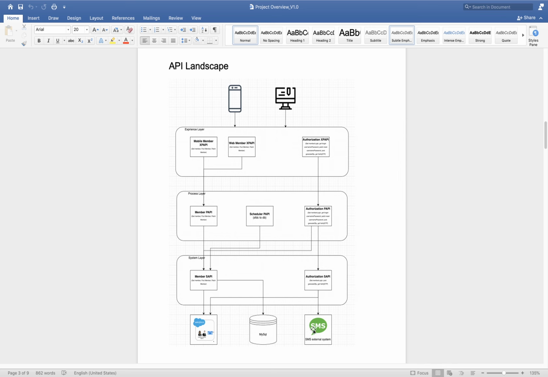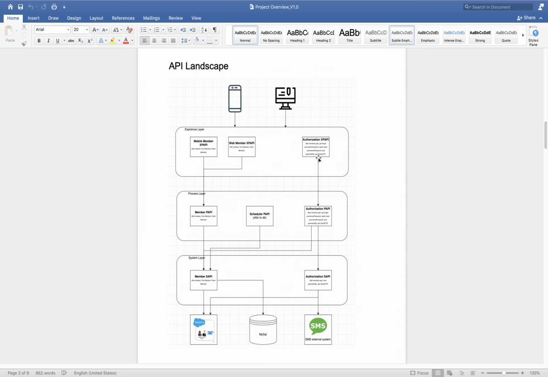Now, for target systems we have Salesforce, where we will do customer management. We'll store all the customer related data and do all the processing from here. Whenever we need customer related data, or whenever we insert customer related data, we'll take it from Salesforce. We have this database where we will keep syncing our Salesforce data for different purposes, for backup and for analytics. And we have an external system, a third party API for SMS, which we will use to send OTP to the customer.